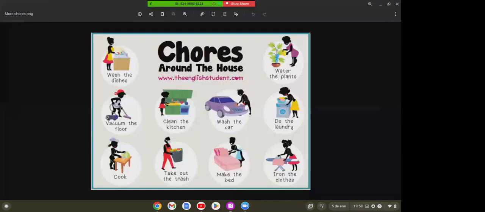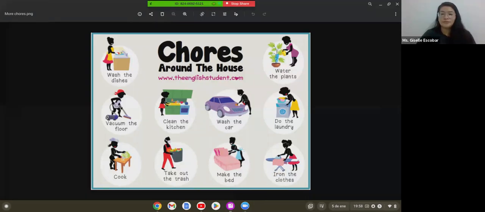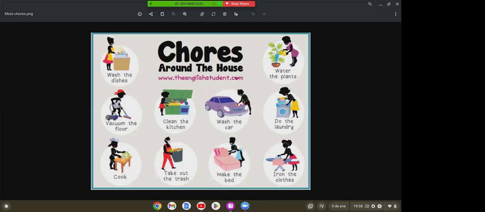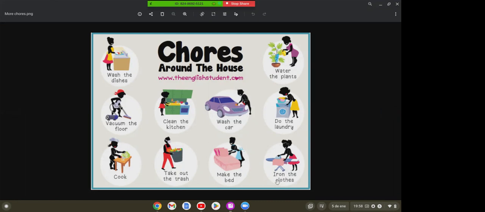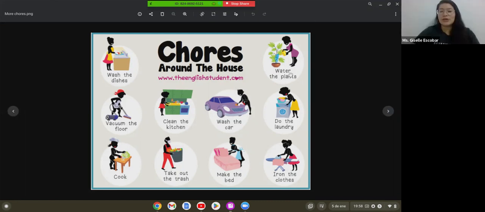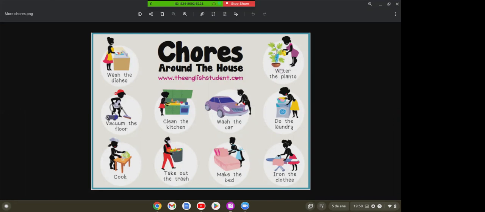En ese caso, teacher, water the plant se consideraría como el verbo, la acción. Yeah. Sí. Pero en iron the clothes, no. Ahí hay que ponerle ya sea does o do. No, en este caso utilizamos también iron como el verbo. So she irons the clothes. Ajá, sí, porque esa era mi duda, porque yo en inicio había puesto igual, he does waters the plants. Pero no, en este caso utilizamos esa palabra como el verbo. So water is a verb. Okay.